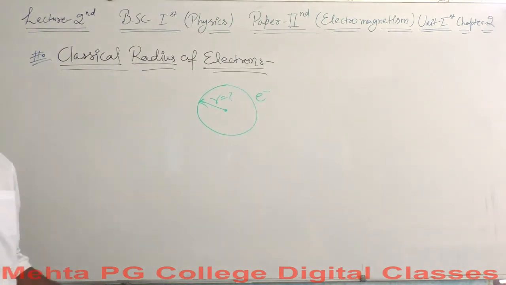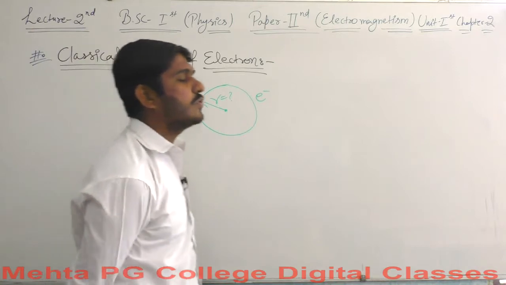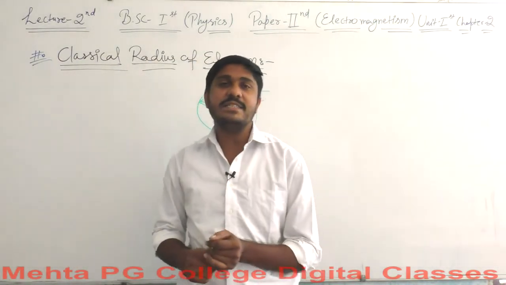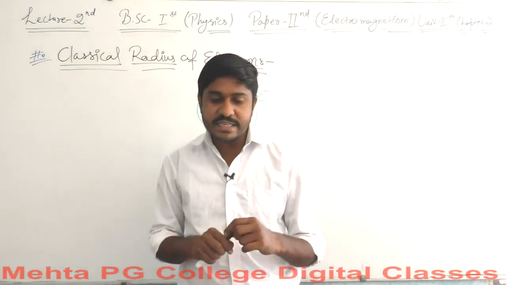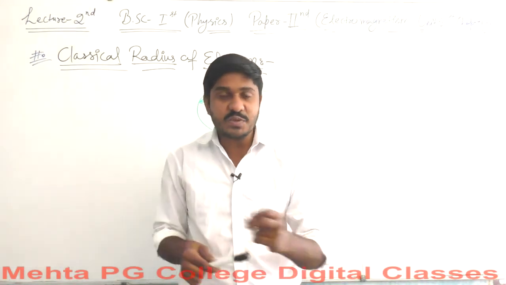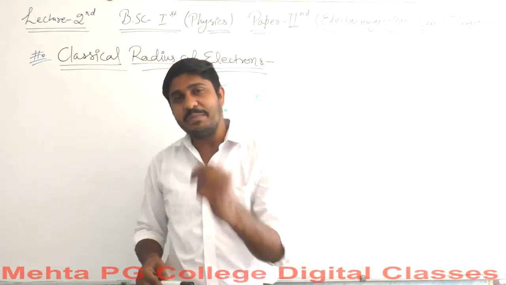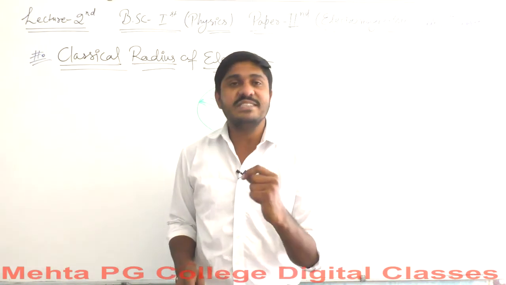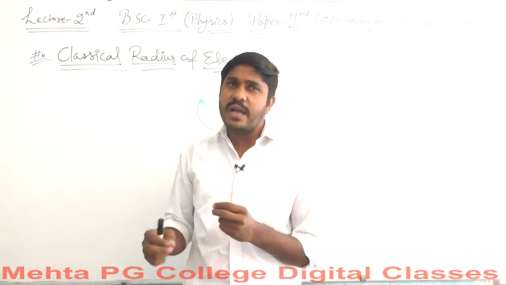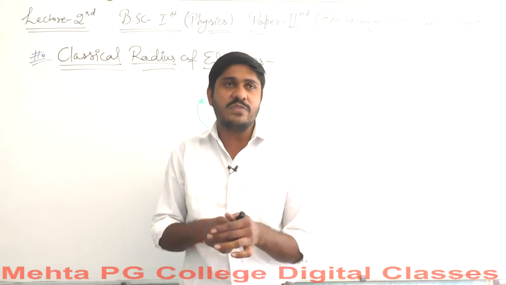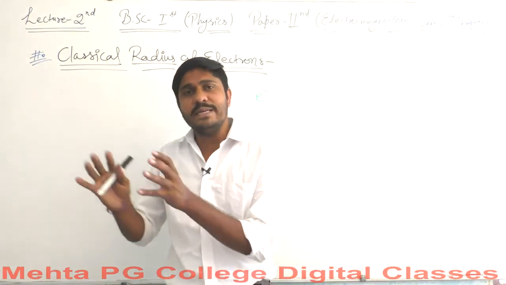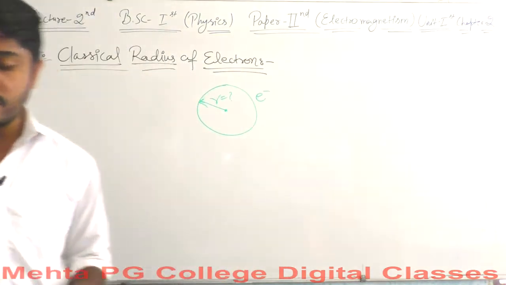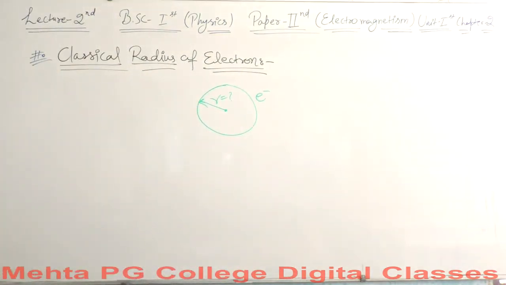But every time you know that when you try to find the classical radius of such tiny particles, it is pretty much impossible to measure with a scale. If you have a scale, you cannot measure the radius of these tiny particles. So we have to go through some mathematical expressions that will lead us to an expectation value, an expected value, that it could be this much or that much. So let's find out what values we get from our calculus here.